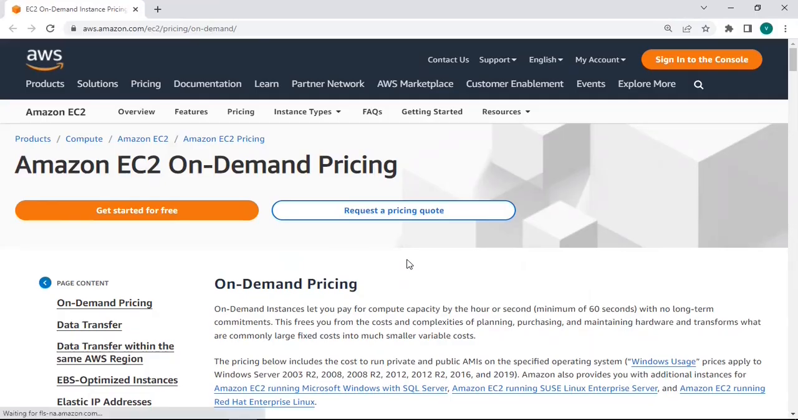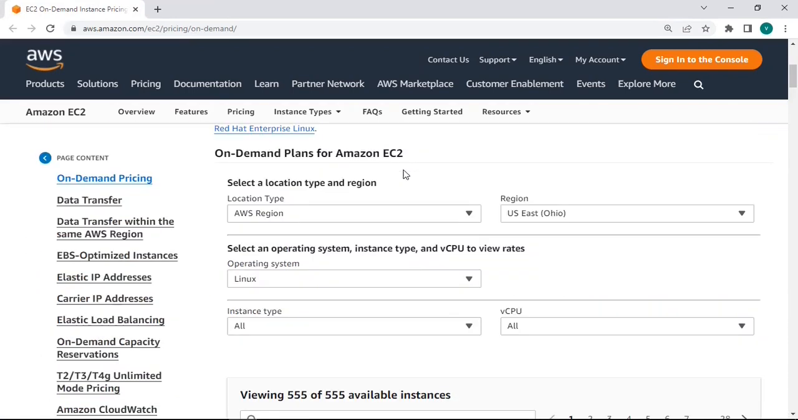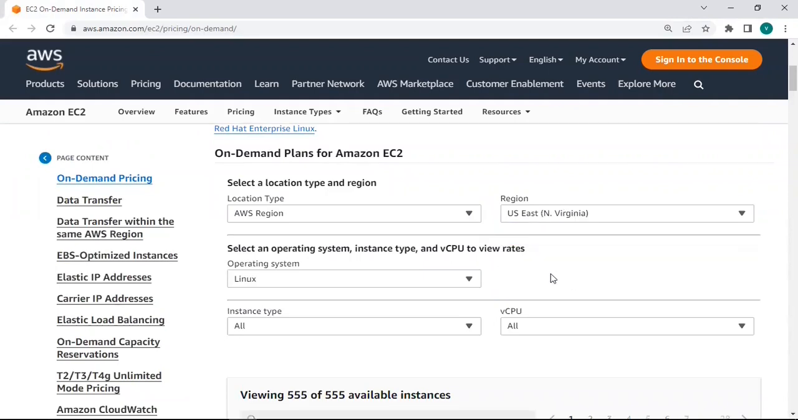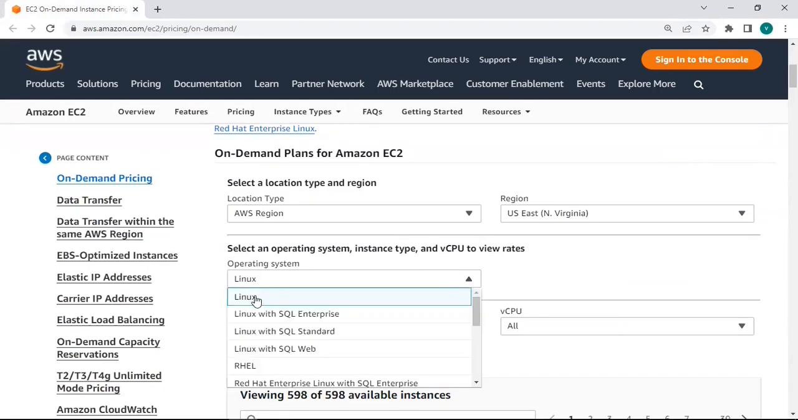To check the pricing of the EC2 instances, let's go to aws.amazon.com. And if you go to this website, you can see the section of on-demand plans for Amazon EC2 instances. So here you can validate the cost of the EC2 instances in each region. So we need to select the AWS region in which we want to launch the EC2 instance. For example, if you want to launch the instance in the US East Northern Virginia region and we want to run the Linux operating system on the EC2 instance,